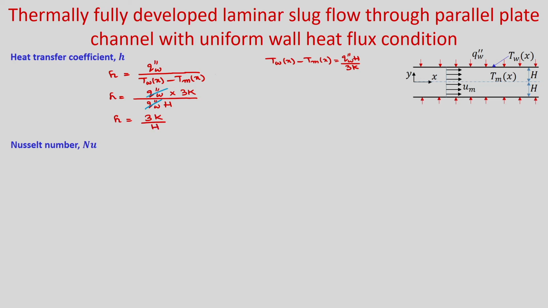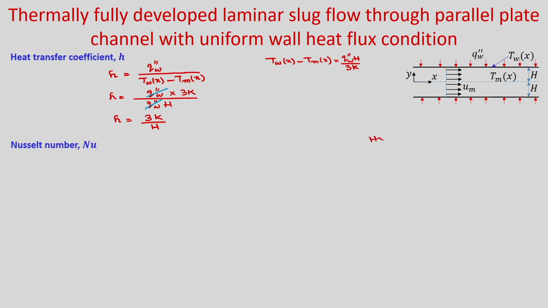So, now you will be able to calculate the Nusselt number. Nusselt number you can calculate based on the hydraulic diameter. So, what is the hydraulic diameter of this particular case? So, you have two parallel plates separated by distance 2 h. Okay. So, your hydraulic diameter in this particular case,